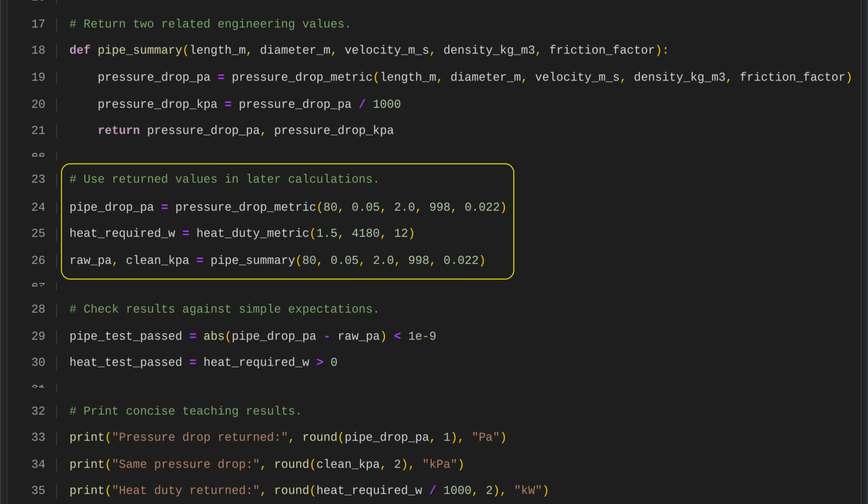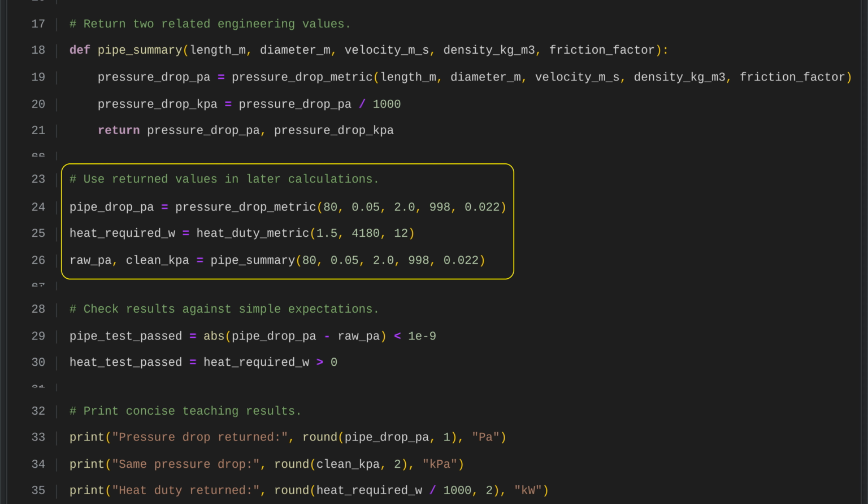The workflow computes key pipe flow results in metric units. It first uses the pressure drop metric function to calculate pressure loss in pascals from pipe properties and flow conditions using the Darcy-Weisbach approach. It then uses the heat duty metric function to find heat duty from mass flow, heat capacity, and temperature change. Finally, the pipe summary function returns the pressure drop, both in pascals and converted to kilopascals